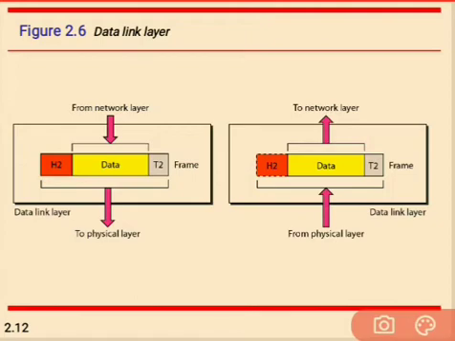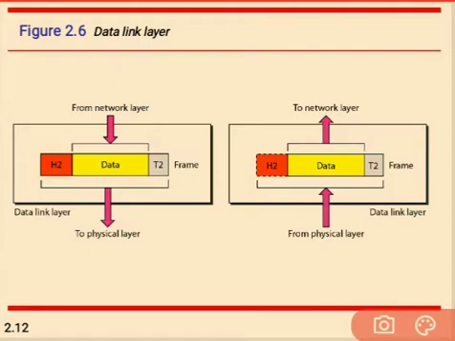The next function is flow control. The data rate must be constant on both sides, else the data may get corrupted.